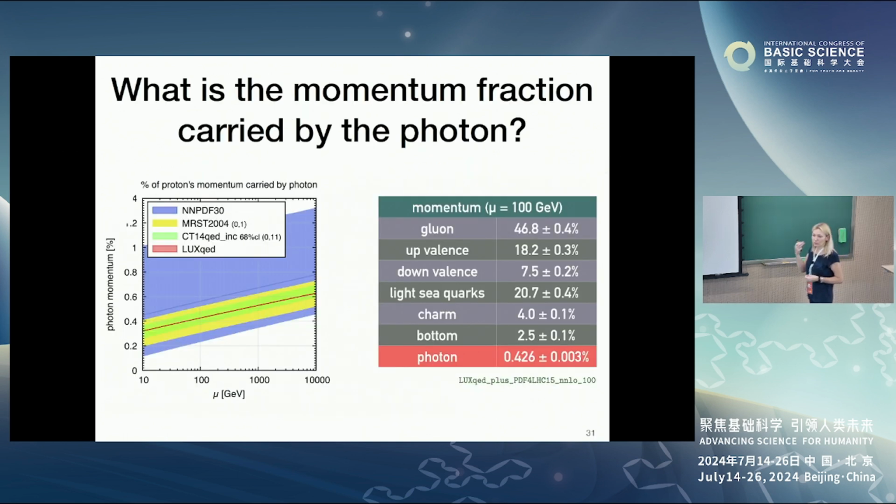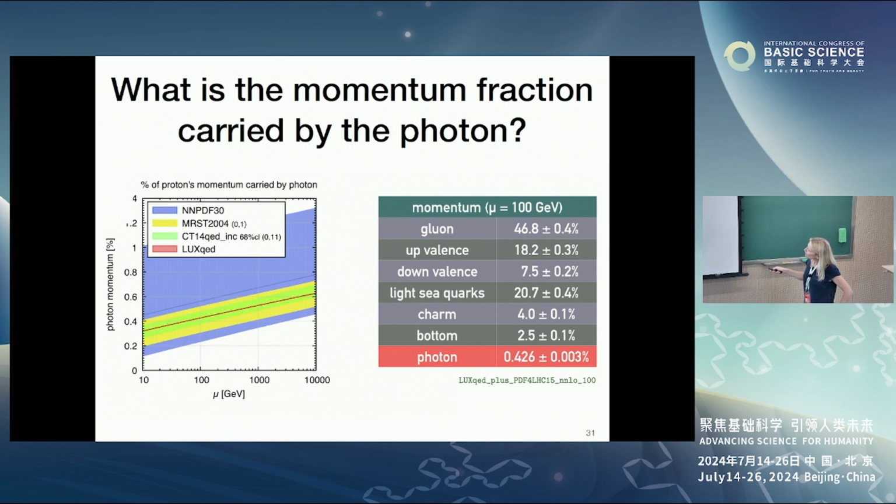And now one can ask the question, okay, but how important is the photon in the proton? I think everybody more or less remembers this number, that half of the momentum in the proton is carried by gluons, half by all the quarks and half by gluons. Of course, this is a statement that depends on the scale at which you make it, but more or less at the electroweak scale, a gluon carries about 50% of the momentum, or actually here 46% of the momentum of a proton. And now the photon carries about 1/100 of that, right? So it's about 0.5%, the photon content. So this is maybe the one number that you can remember out of this talk.